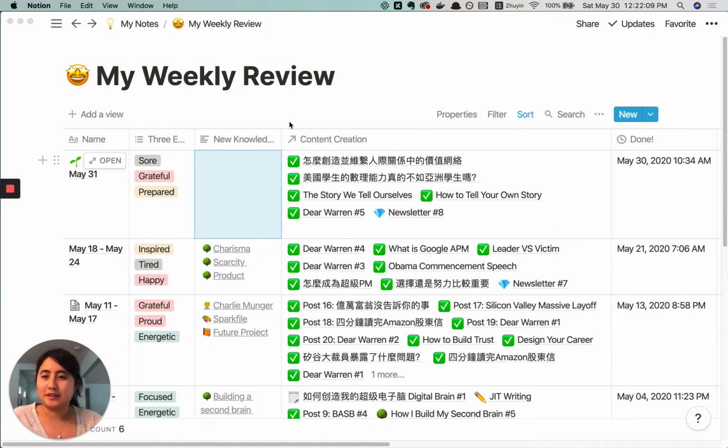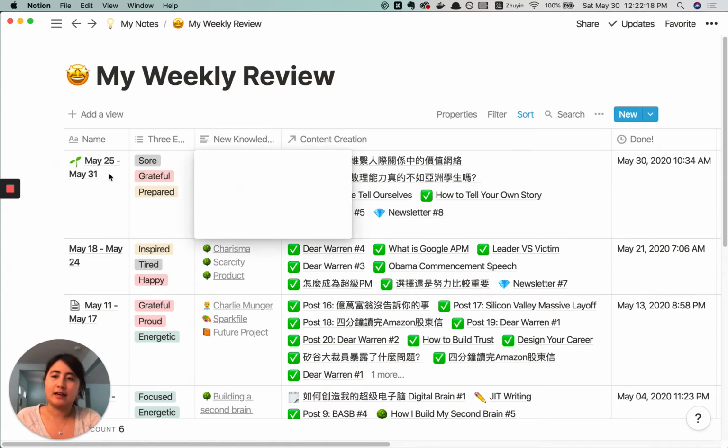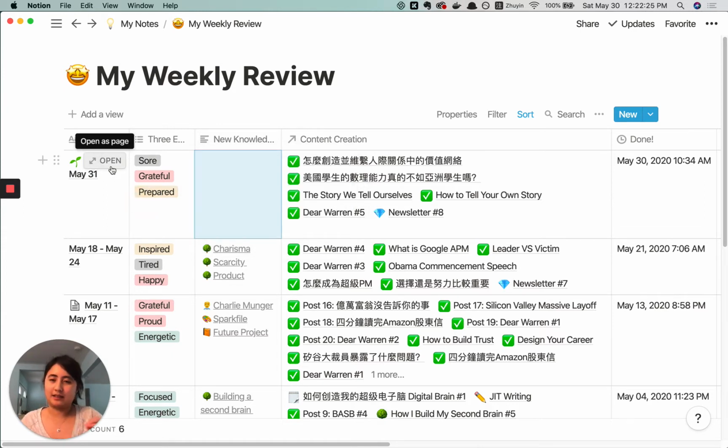So you can see this is a table in Notion. And within each table there's a row which represents the week I'm currently at. You can see that on May 25th, which is the current week, I would usually go in and do my review. But before I do that, I want to share